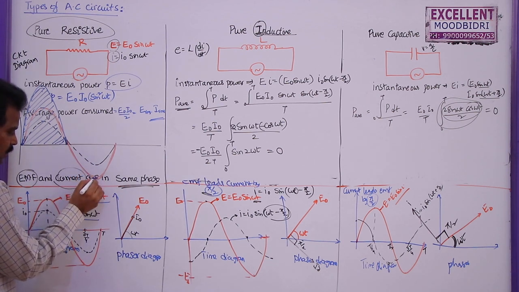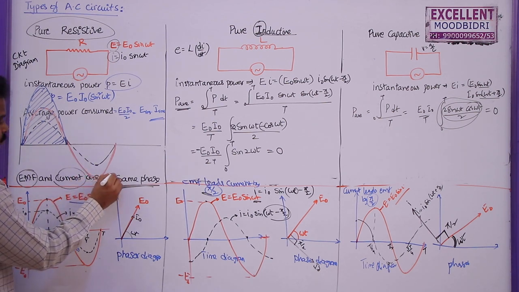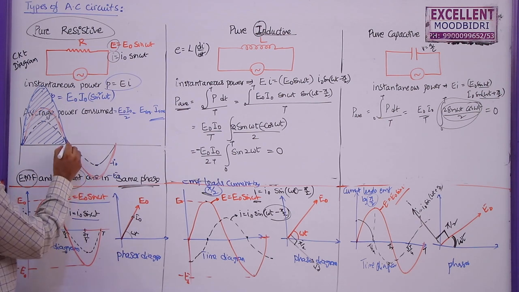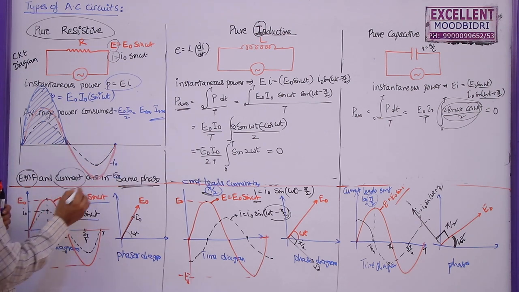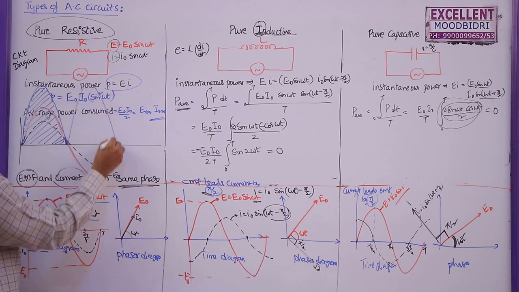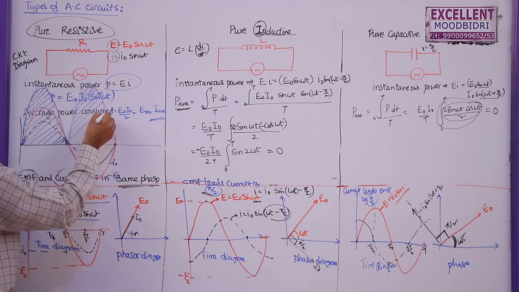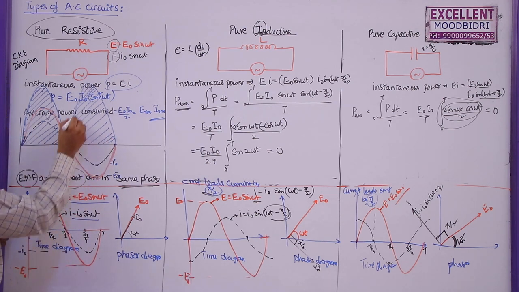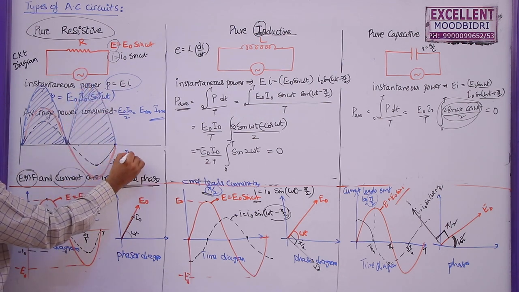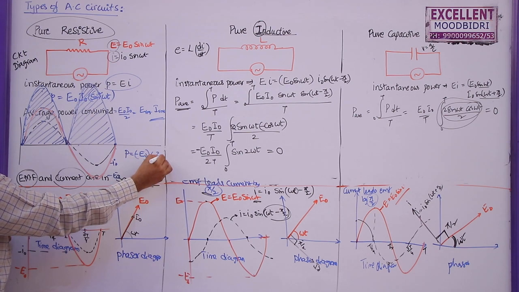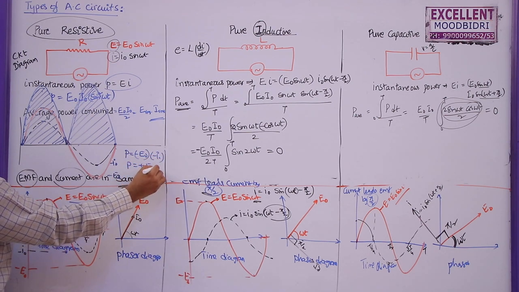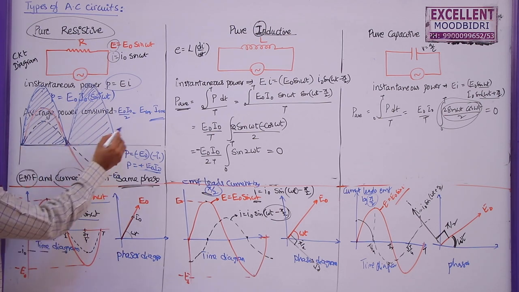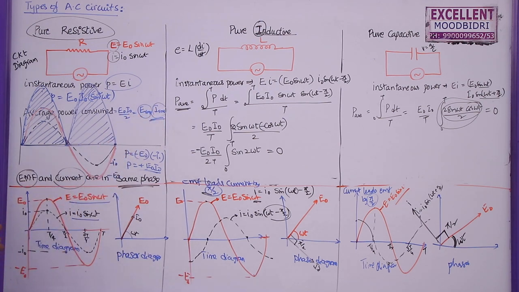But here you can see EMF is negative, current is negative. So this is minus E naught, this is minus I naught. But the product of these two is minus of minus, plus only, and here it is 0, and here the power consumed is 0 because EMF and current are 0. So once again for this one you will get the same equation where the power consumed will be positive only. Even though the EMF and current are negative in the negative half cycle, the power consumed is always positive. Why? Because power is equal to minus E naught into minus I naught. So the power consumed is plus E naught I naught here. That's why power is positive here. So during the positive half cycle, the power consumed is going to be E RMS into I RMS, total power consumed.